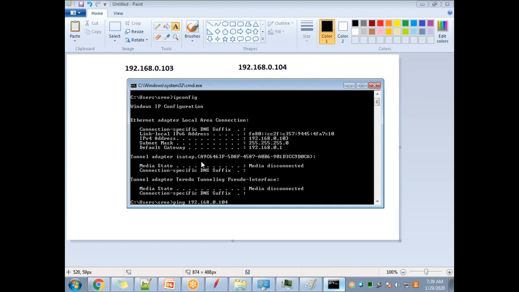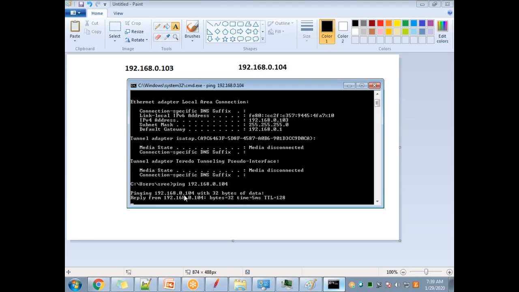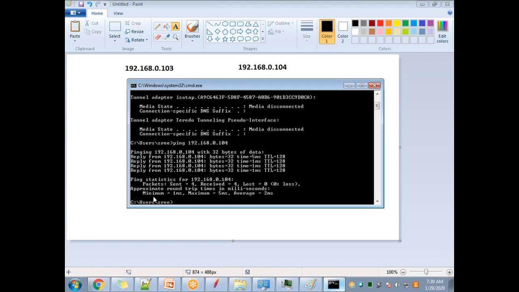192.168.0.104. Okay, so from the master machine, I'm pinging the slave machine. If the ping is successful, you will get the reply. You see, pinging 192.168.0.104 with 32 bytes of data. So it has sent 32 bytes of data from the master to where? To this machine, which is 104, and you got the reply from 104, which means that both of them are